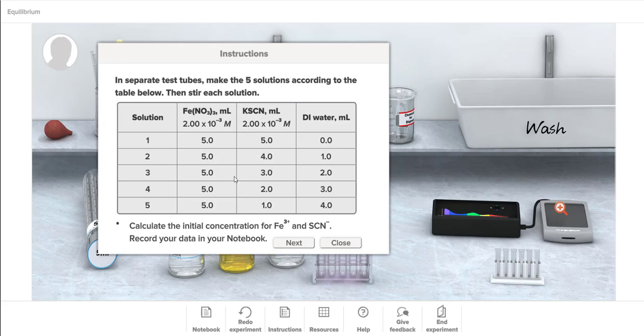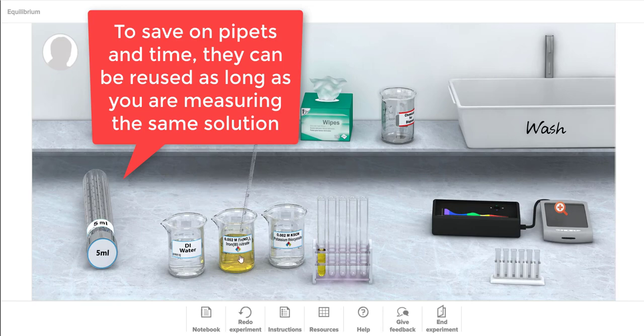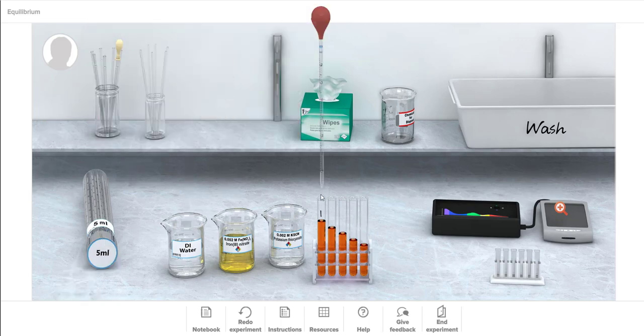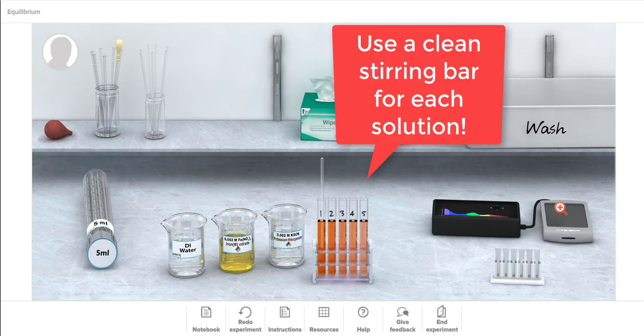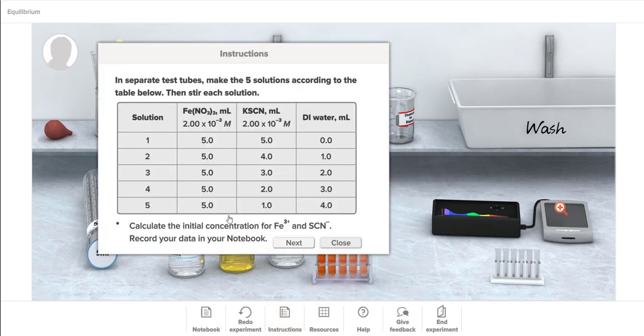So just like before, we're going to be using the pipettes. So once we have made all of them, it's asking us to calculate what our initial concentrations are of the